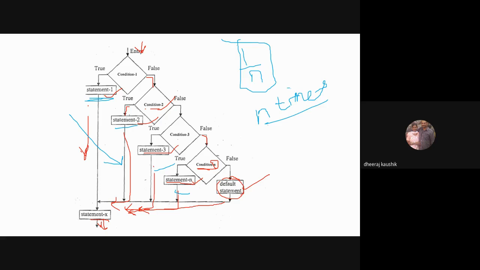Which is a lot of time as well as a lot of coding here too. So an easy way to select one statement out of n statements using a single input from the user is by using a switch case.